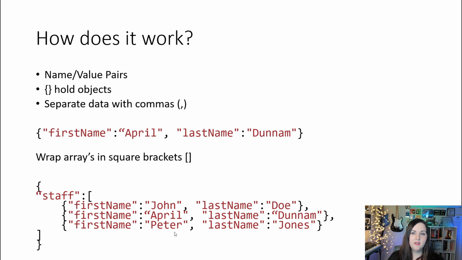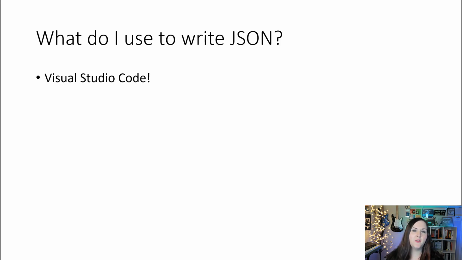We'll have a comma to store the other name value pair of the first and last name for April Dunnam, and so on and so forth. Then we need to close our array out with a closing square bracket. All that is wrapped in an open squiggly and closed squiggly bracket to format the JSON. Now that you have the basics,